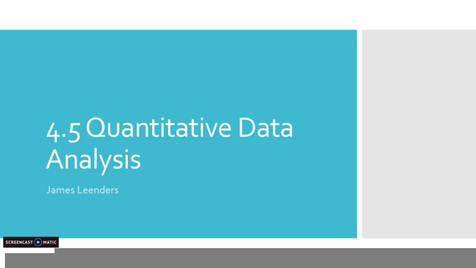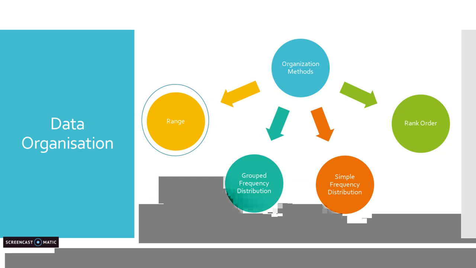4.5 Quantitative Data Analysis. There are 4 ways of organizing quantitative data for analysis, with those being range, grouped frequency distribution, simple frequency distribution, and rank order. The range is the distance in numerical value from the highest to the lowest value in the